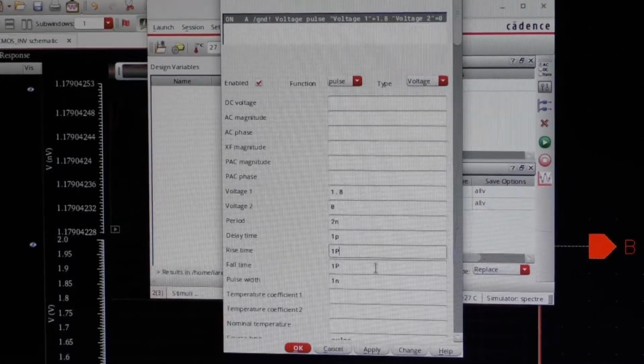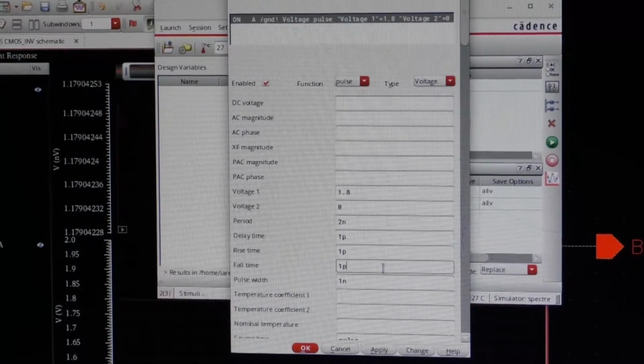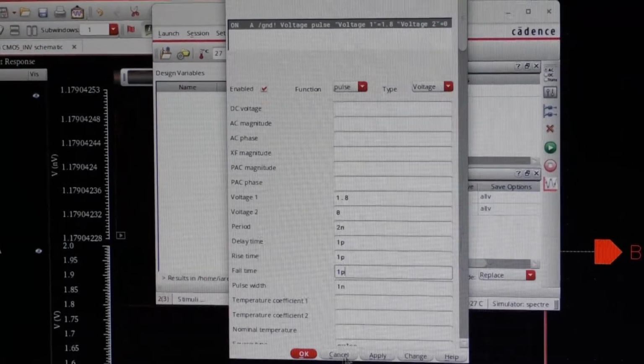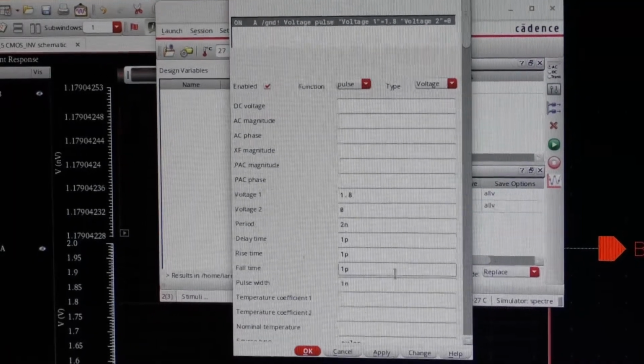We have placed capital P. These are all small p. 2 nano is the period and 1 nano is the pulse width.